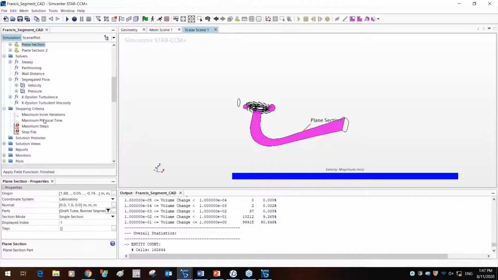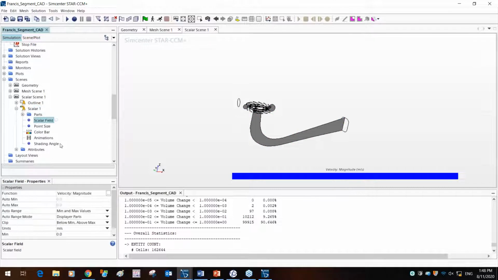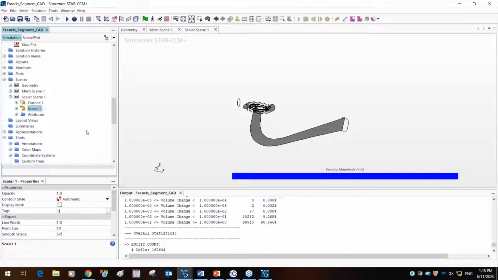But if ever you want to just go back, you can go to the scenes. Within the scalar section, if you expand the scalar displayer, you can change the field function out here as well. So it's either within the UI or within this window, all of the features appear. So when we run the simulation, you're going to see the velocity magnitude actually being displayed every iteration out here.